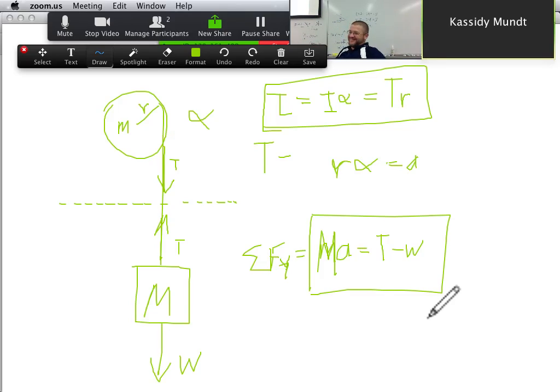So just making sure I got it right. I solved one of the equations, the one on the bottom, solved it for T. Yeah, tension equals MA plus W, right? Or MR alpha plus W. Yeah, MR alpha plus W. And then my other equation currently says T times R equals, I substituted the moment of inertia into the one that equals MR squared over 2 times alpha. Okay. So then I substitute what I solved in the other equation in for T and then solve for alpha, right? Yeah, sure.